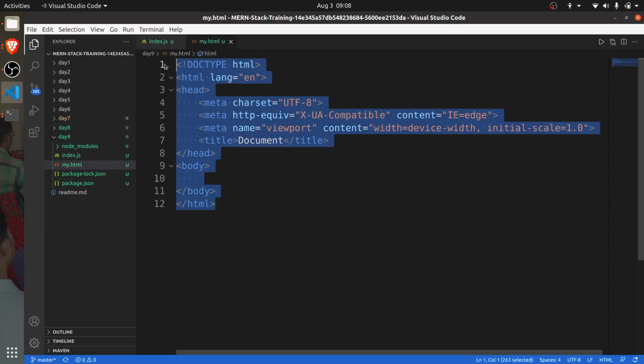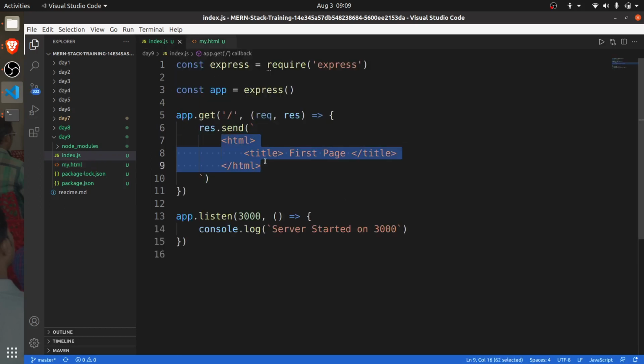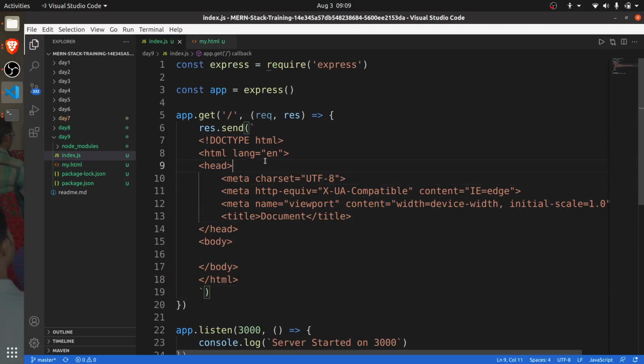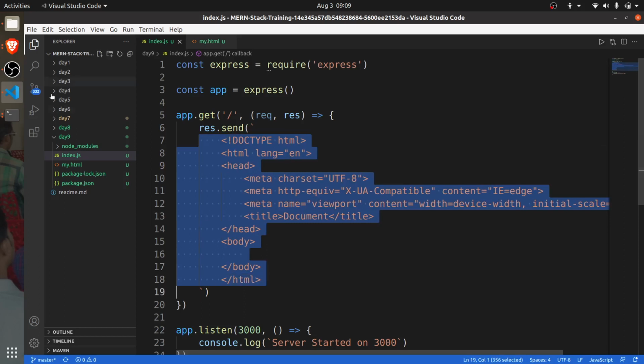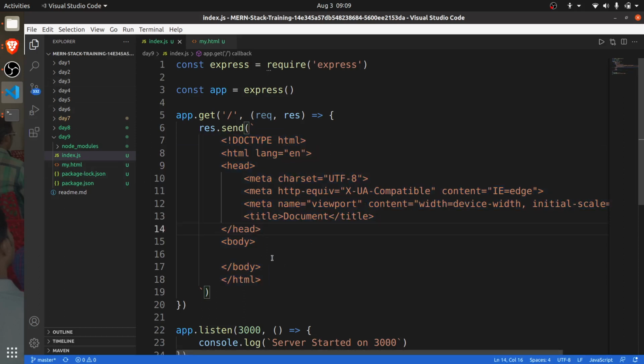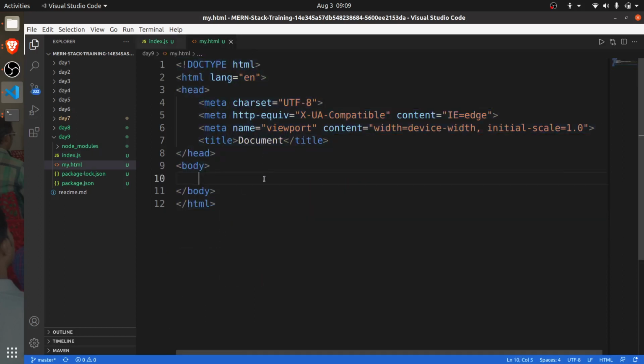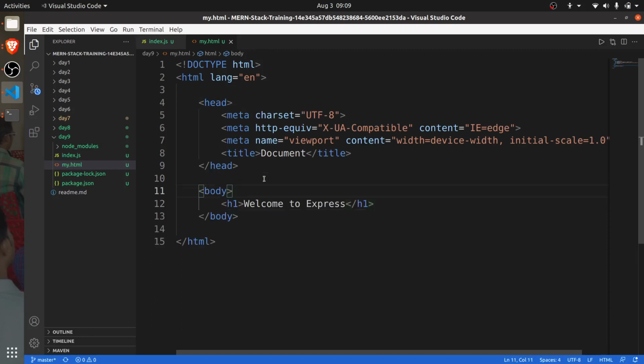I'll copy all these things, the doctype and the rest, and paste it here, because here you don't get IntelliSense. How to pass this file we can see later on, don't worry about that. And in the body I can say h1 welcome to Express.